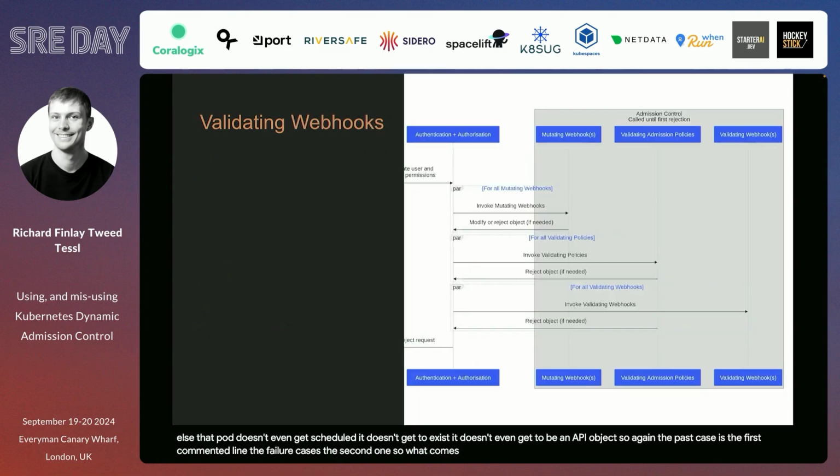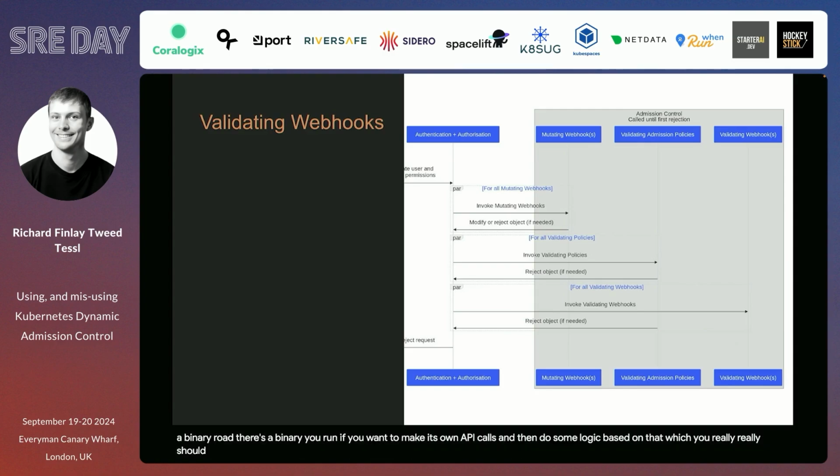What comes after the validating admission policies? Validating webhooks. So again, this is the more traditional way. You have an HTTPS server somewhere, it posts over to you, and you decide whether it's allowed in or not. The main difference between the validating admission policies and validating webhooks, other than ease of deployment, is that your webhook can do whatever you want. It's a binary you wrote, it's a binary you ran. If you want it to make its own API calls and then do some logic based on that,